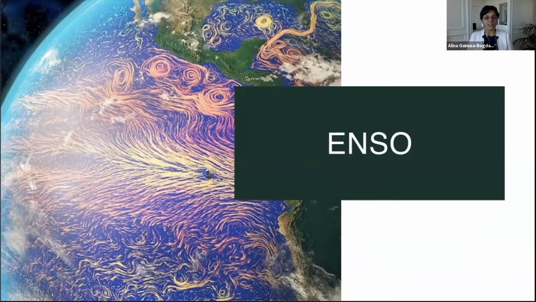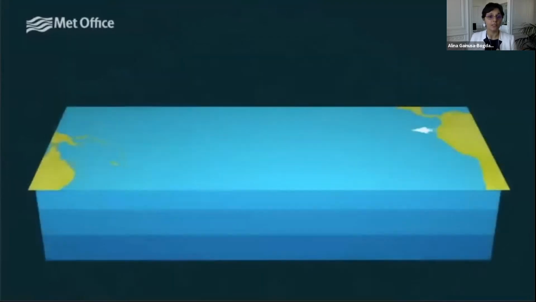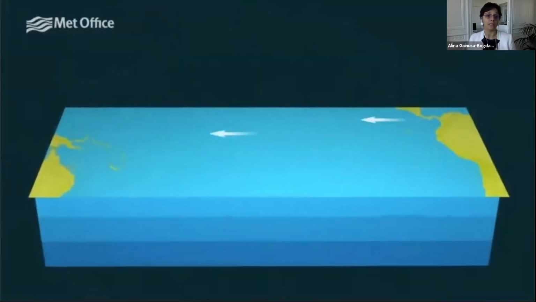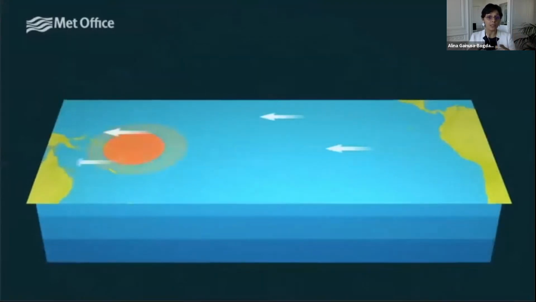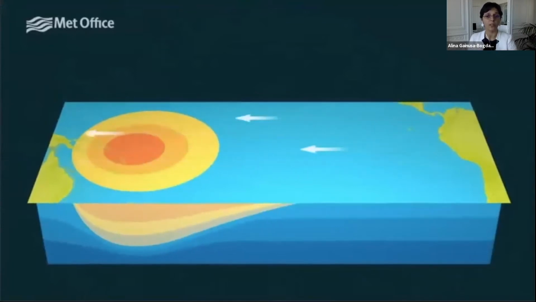Now, to understand it, we need to first take a look at the normal or neutral situation. And this will require us to take a dive into the Pacific Ocean. So the equatorial Pacific Ocean is under the continuous influence of the westward blowing trade winds. They create wind stress on the warm surface waters, pushing them towards the west, where they create the West Pacific